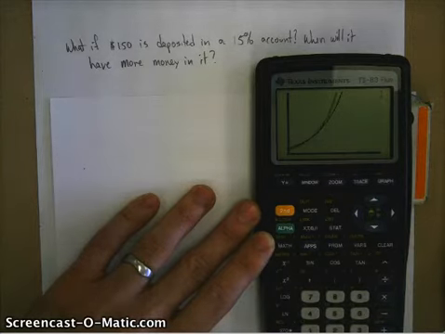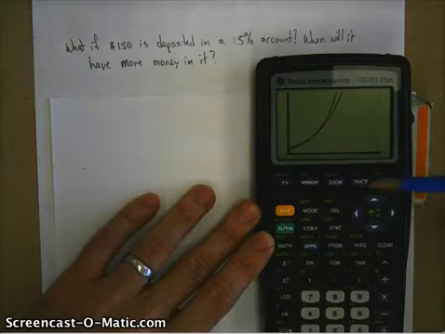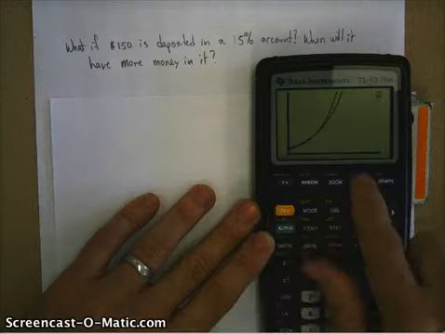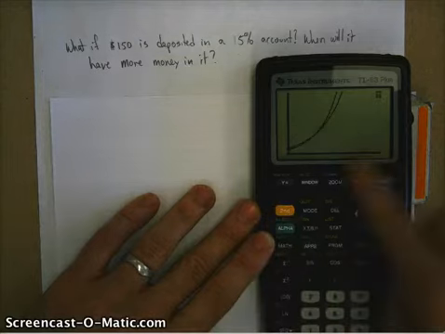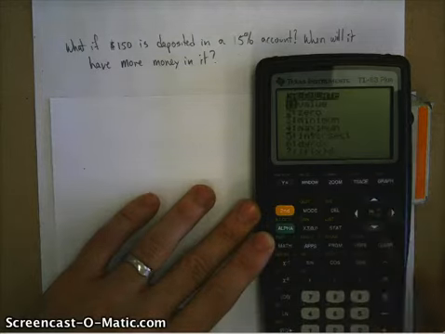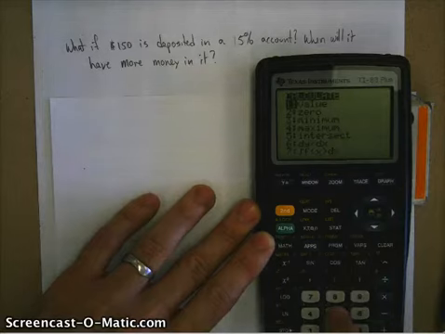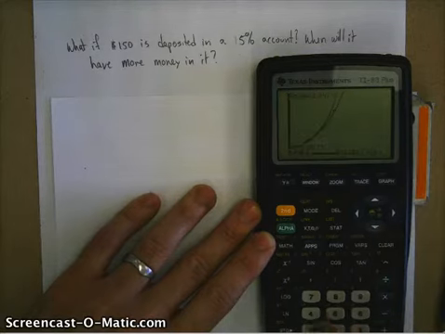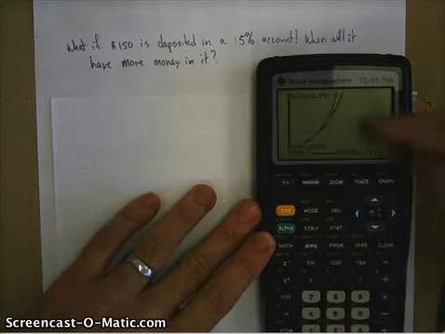So now I can find the intersection. And how do I do that? I do that through this calculation above the trace. Again, it's because I'm looking at things on the screen. It's going to be related to the trace. I'm going to calculate number 5, intersection. I can press the 5 or I can move down. And now it's going to ask me, which are the two